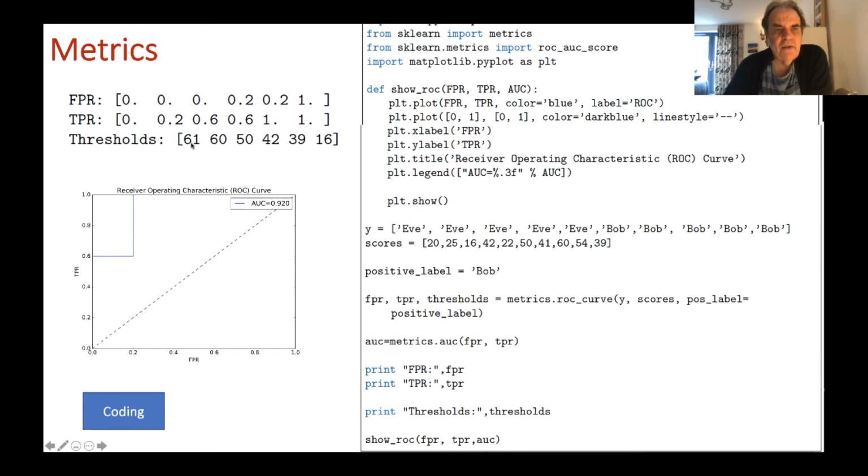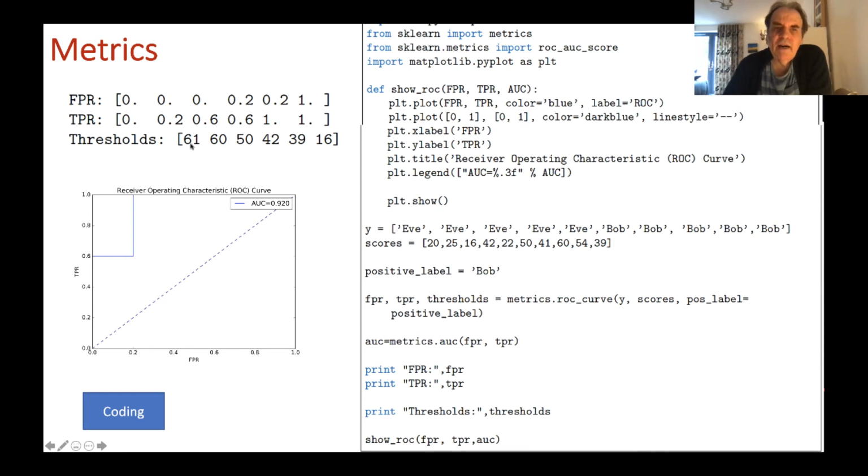So the threshold values that have been used in this program here are 61, 60, 50, 60, 42, 39, 16. So the ROC curve metrics has calculated these metrics.